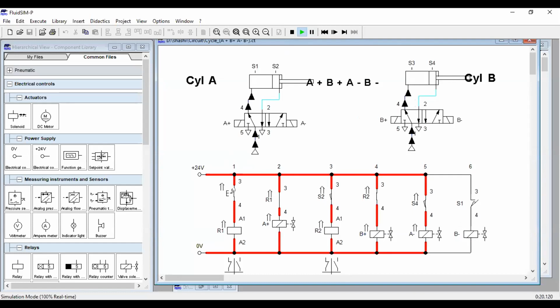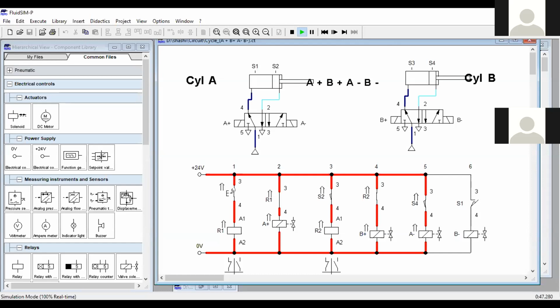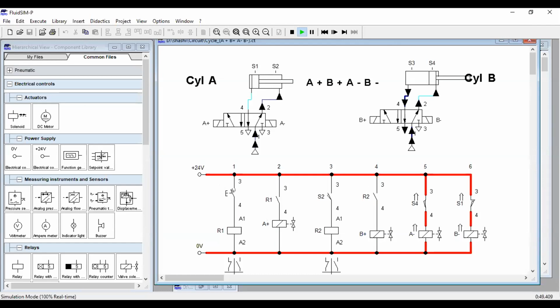Now, when you press this button, this will be A plus, B plus. But I have not released the button which I have pushed. That's why this is in actuated position. Now we want to retract B minus, but B minus will not happen because B plus is in actuated position. This relay is actuated, it is in S2 position. That's why R2 will be actuated, and due to R2, B plus will be in actuating position. So when I release it, only then will you find the retraction of A minus and B minus. I hope everything is clear.